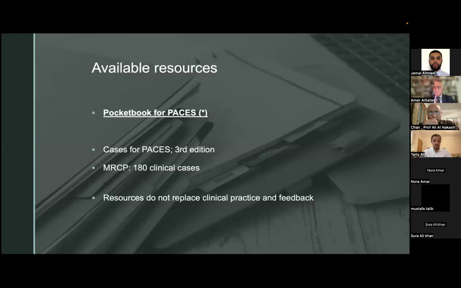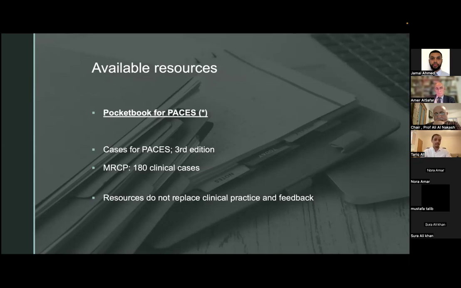In terms of resources, I would say that the only resource that I really used was a book called Pocketbook for PACES. I have no affiliation. I don't get anything for them, but they're an excellent resource. I carried that book with me when I went into work, because it meant that I could just quickly read something that I thought was interesting at the time, or revise from that. It gives you a snapshot of each disease, each diagnosis. What are the clinical signs? What's the history like? What investigations you can expect? And beyond PACES, I think it's an excellent resource. And I think that's the only one that I really used.